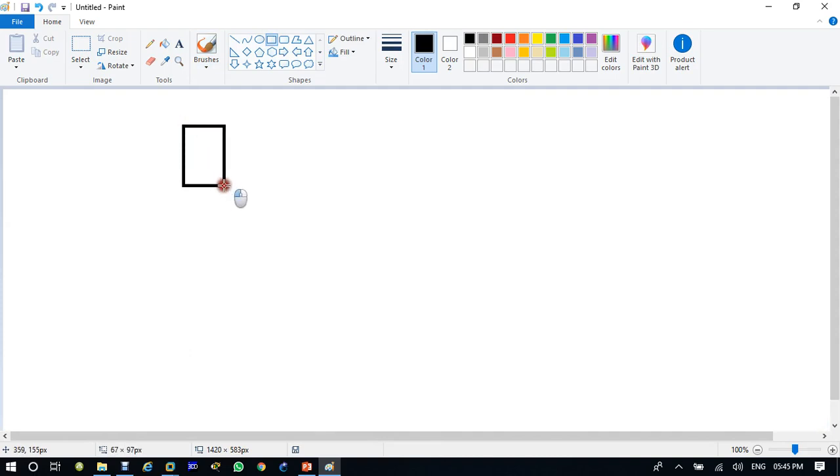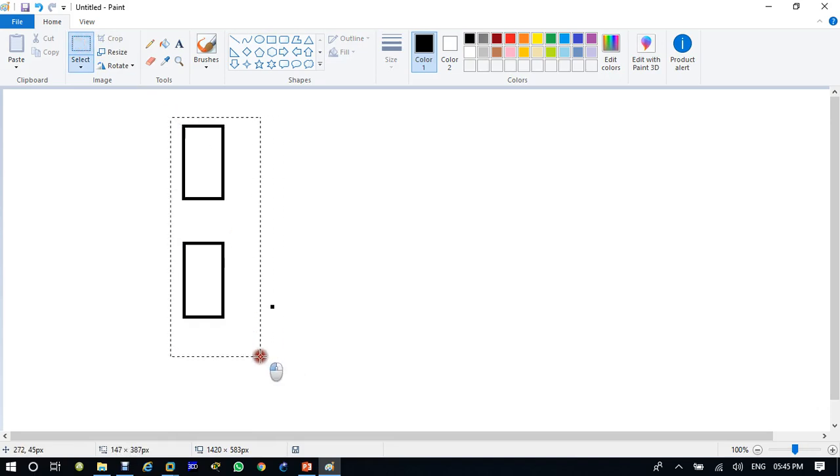See, I have one server here and one server here. So you have two servers.